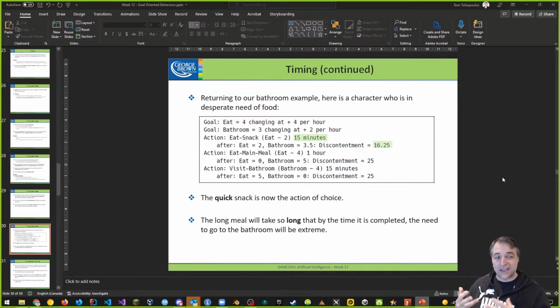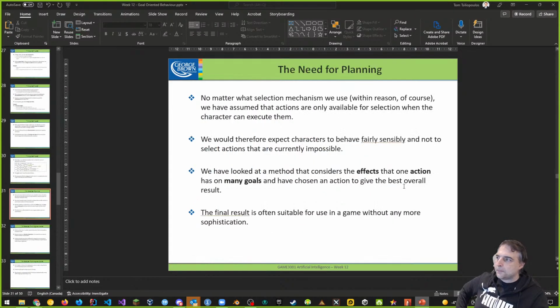And again, giving agency, more believability to the character, creating this open world idea, as opposed to autonomous characters or agents that do very limited actions. They only attack you, or they do something, right, that are very simple. So one of the things we have to talk about is this need for planning, right? So no matter what selection mechanism we use within reason,